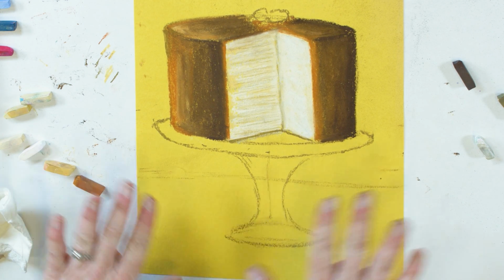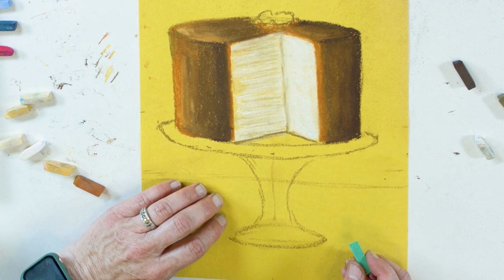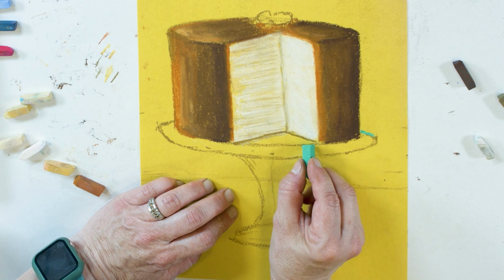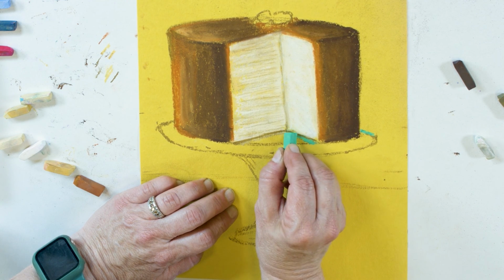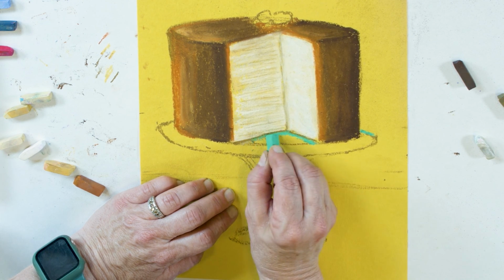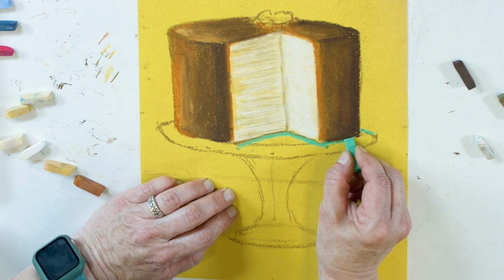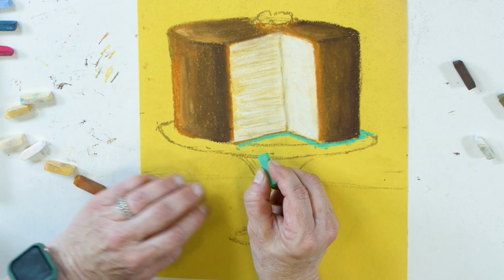Let's go and put our pedestal color in. I like this kind of aqua bluish color. It could be really any color you want. So just kind of go in and lay down the color. And you're just going right up next to what you just did. You don't want the yellow to show through. You want to go right up to that edge. And that's also a way you can kind of crisp up your artwork